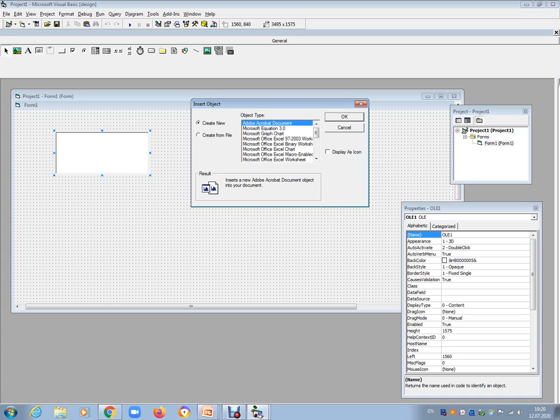To create a new application, select the Create New option. Then choose which application you are ready to create now. We can connect more than one Office application into your VB application. That is the main concept of OLE, isn't it?